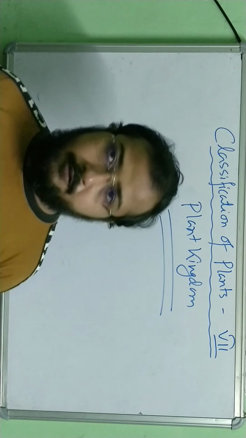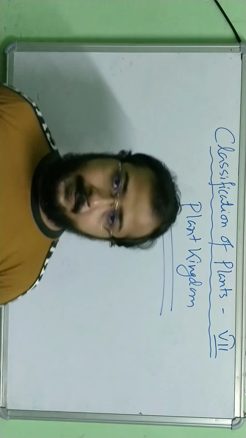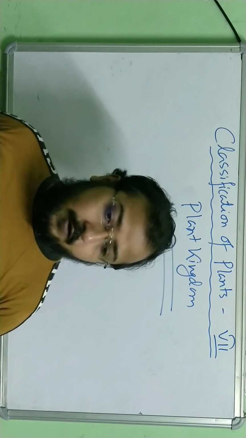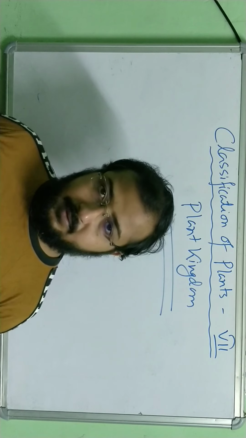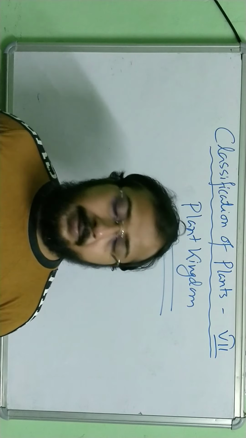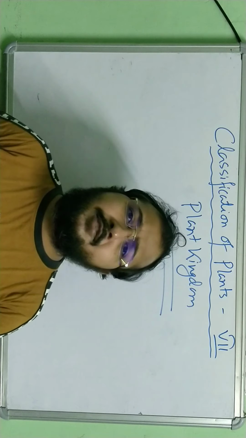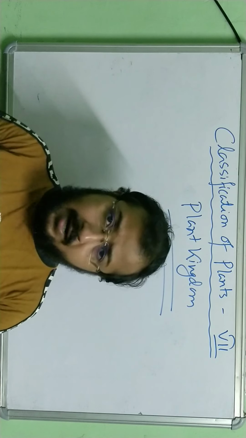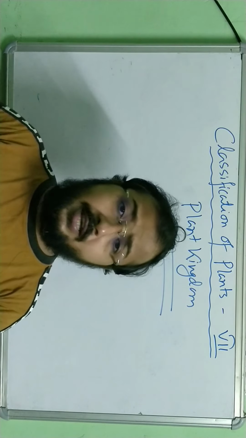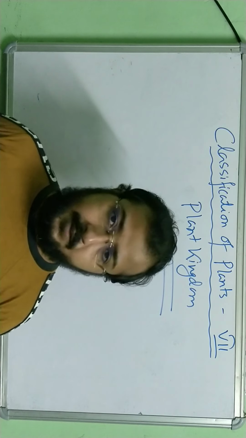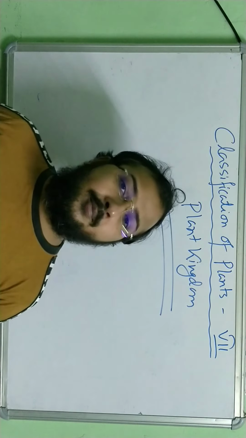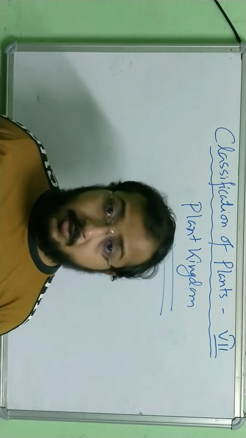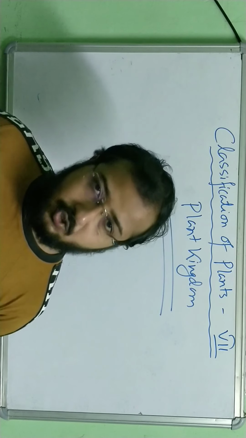The next is the pteridophytes. You can say they are the first properly terrestrial plants. For the first time we see the exact presence of root, stem and leaves. They also develop spores on the undersurface of the leaves. Those spores help in the development of new plants. If they land on damp soil or a moist surface, they grow and develop into new plants. That is what we call sporulation, an asexual reproduction process.